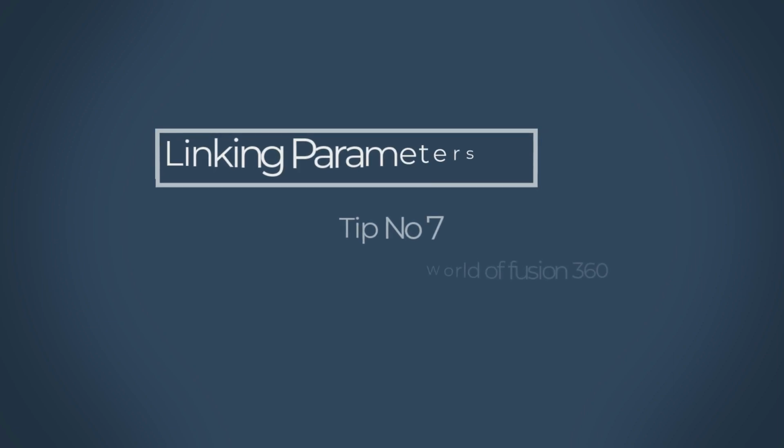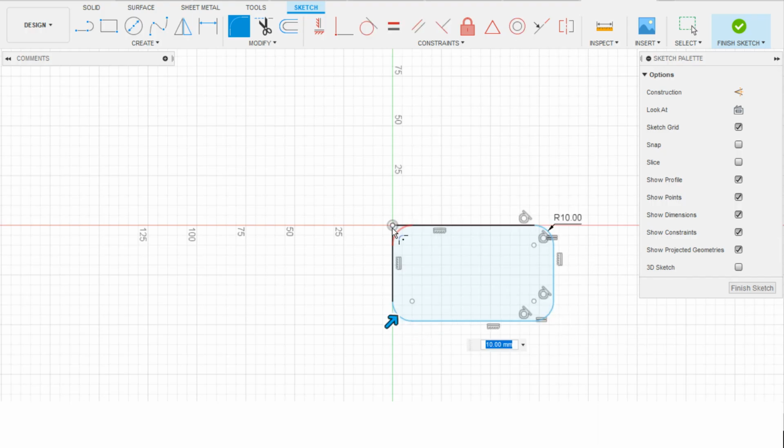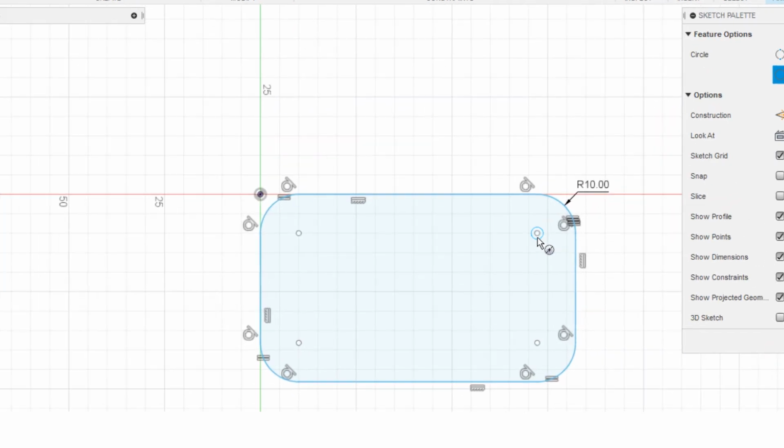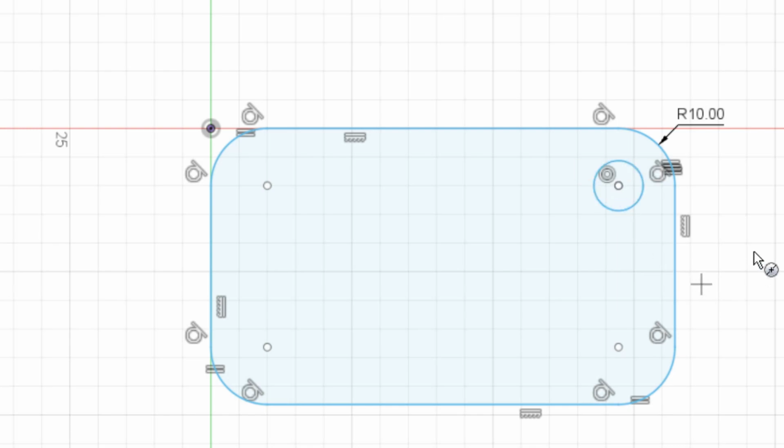Tip number 7. Linking parameter. Let's quickly draw a sketch and dimension it. For example, maybe a circle in here and I just want this circle linked to this. Not by center but by parameter driving it. D on the keyboard, select the circle and place it in space.